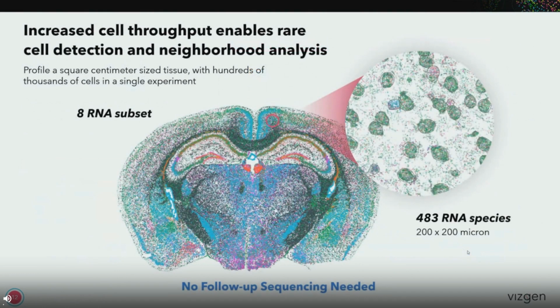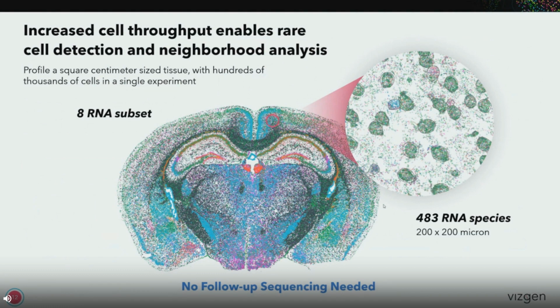Finally, MERSCOPE features extremely high cell throughput, and as an imaging-based technology, the number of cells profiled is directly related to the tissue area imaged. It is very easy for MERSCOPE to scale up the cell throughput by targeting more regions of interest to image. And specifically, MERSCOPE supports profiling a square-centimeter-sized tissue, with hundreds of thousands of cells captured